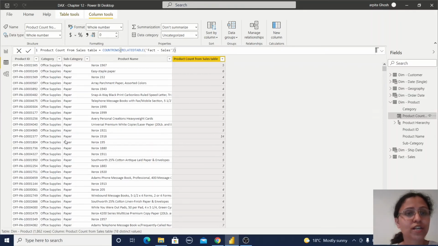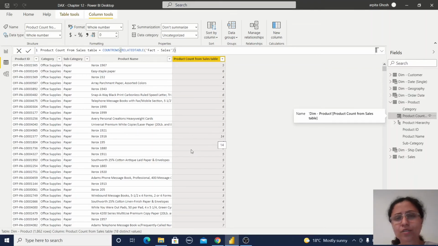That means this product has been used 14 times in the sales table. There could be some business scenarios where the customer wants to know, for one product, how many times it has been sold or used in our sales table. In that scenario we can use RELATEDTABLE.